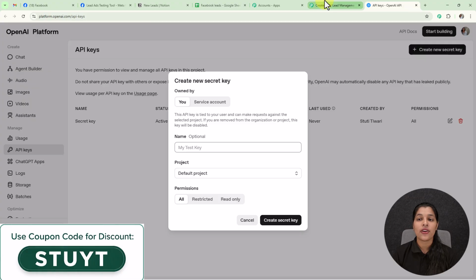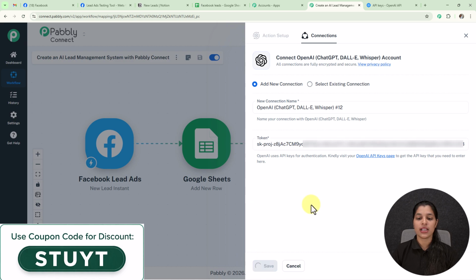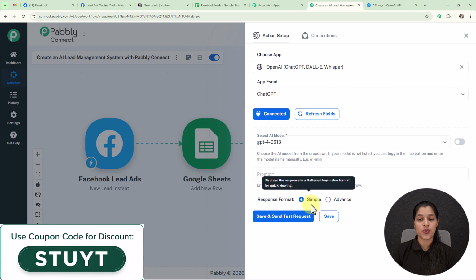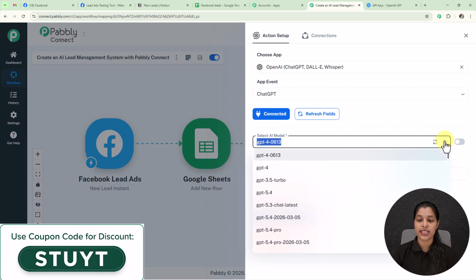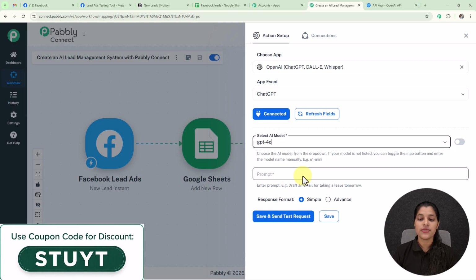But for now I already have my API key or the API token, which I am going to paste over here. So here I have added my token. Now let's click over this save button, and here you can see my connection has been built so smoothly, and we are getting this first field for selecting the AI model. From this drop down I'm going to select my model as GPT-4o, and afterwards it is asking me to